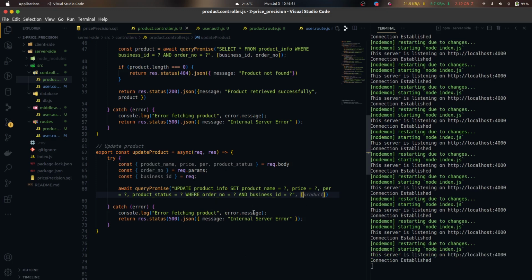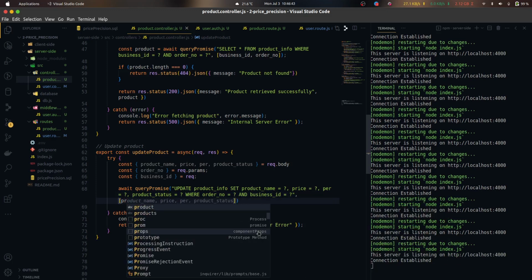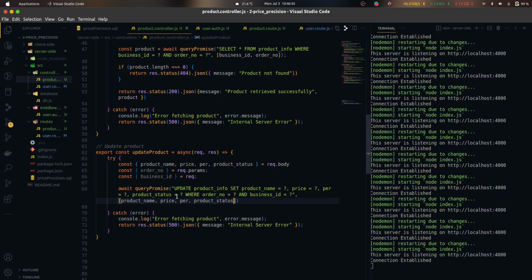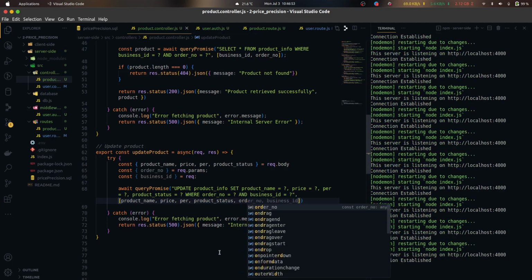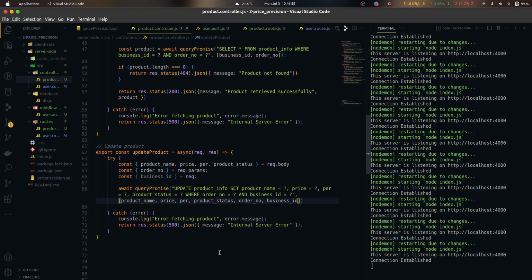Okay, so the first thing here is the product name, the par, the price, the product status. Then we have the order number, and the business ID as the last one, which is the one that is here. Okay, so if this runs now,